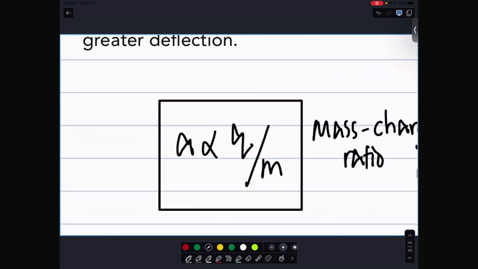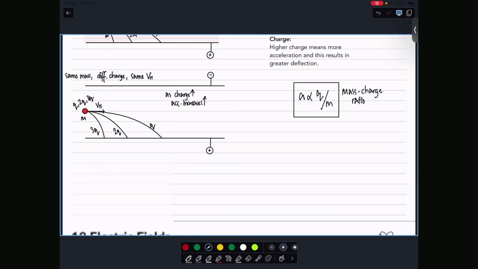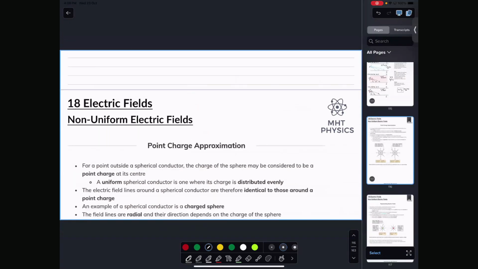And the thing that you have to be very careful about is that whenever you're finding acceleration, you have to take into account what and what together? Charge and mass, okay, because both of them have their roles to play. Also, they don't play the same role. One of them is directly proportional, the other one is inversely proportional. So you have to take that into account and figure out what's happening here. Anyways, we will do a couple of questions from this, and then we will move on to non-uniform field today.